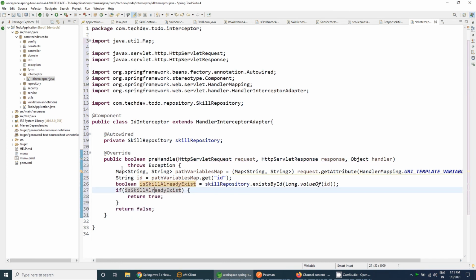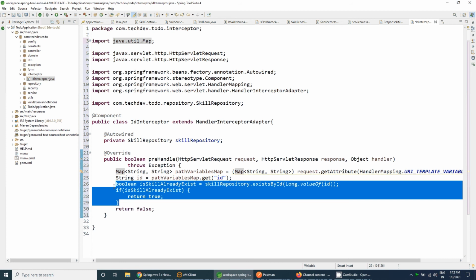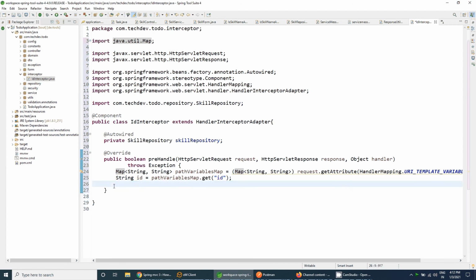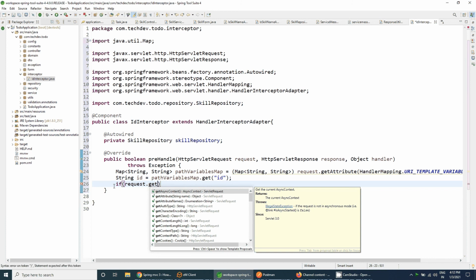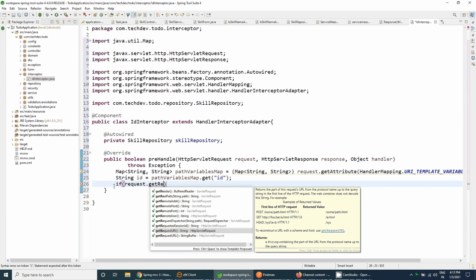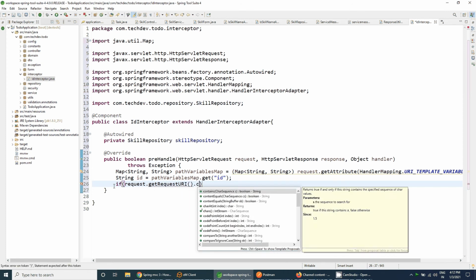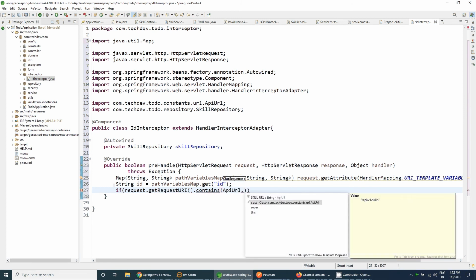And we also need to check, for that, if request.getRequestURI().contains API URL skill.